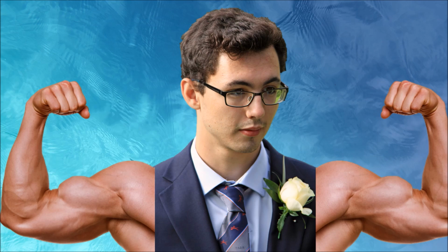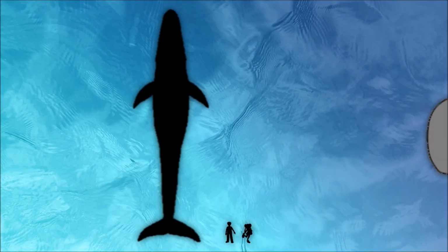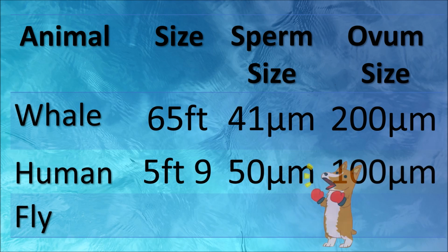This is a human. In England, the average size of a man is around 5'9", and the average size of a woman is around 5'3". So yeah, we're a lot smaller than the sperm whale. However, the average size of a human sperm is around 50 micrometers, and the average size of a human ovum is around 100 micrometers. So we actually have larger sperm than sperm whales, and our eggs are about the same